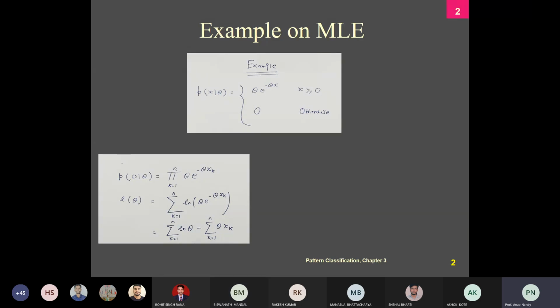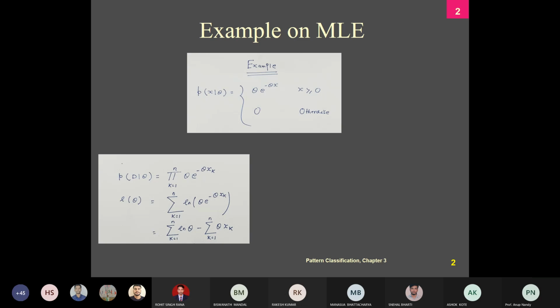Probability of D given theta. As we have to understand, this capital D contains n samples, that is x1 to xn. And these samples are drawn independently because we are assuming that for each class, this set will be different because they are not dependent on these things. I mean, this D1 is not dependent on this C1. So both are independent. That is why all the samples are drawn independently, and then you have to apply this L theta.